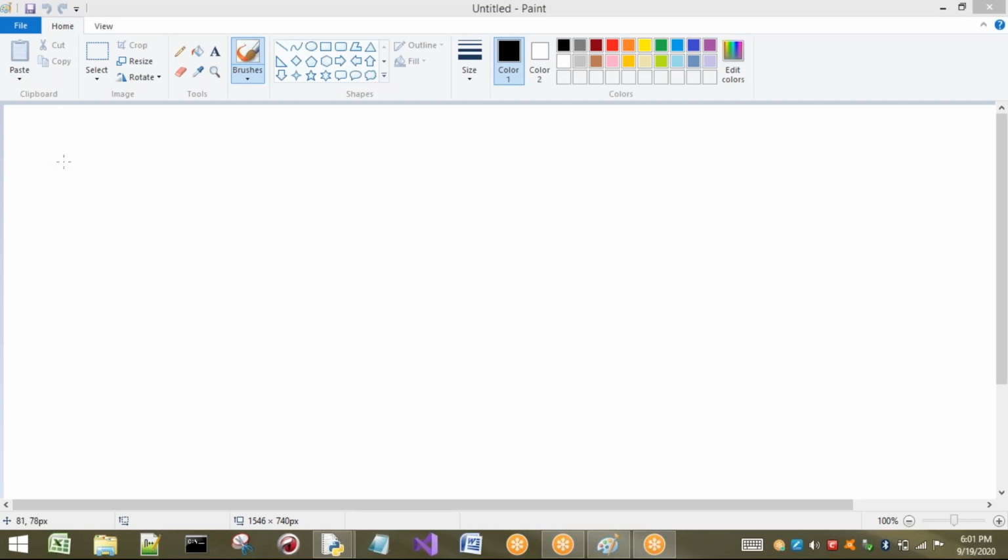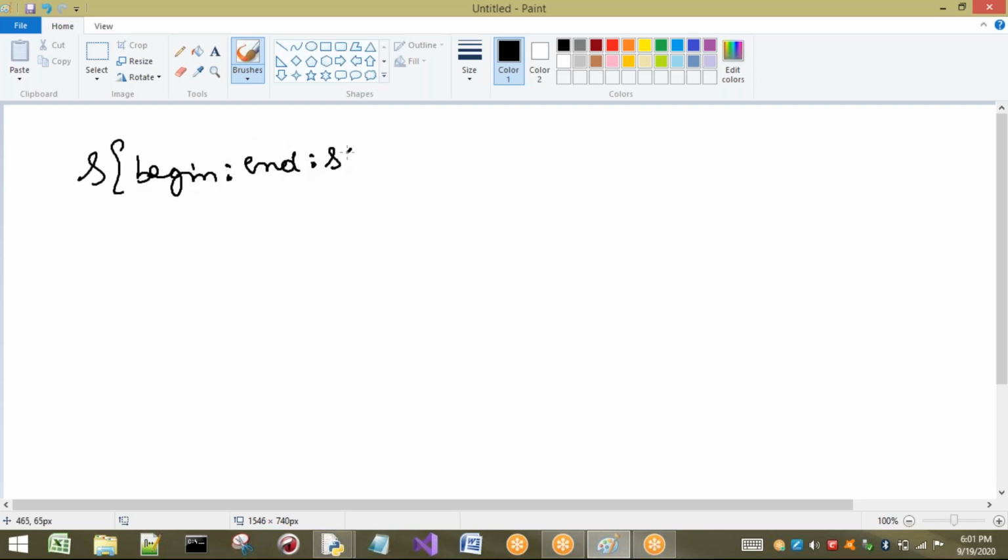Here, if you consider slicing, we have three attributes. The first one is begin, the next one is end, and the last one is step. If you consider any string, for that string we have positive and negative indexes, for example 0 1 2 3 4.